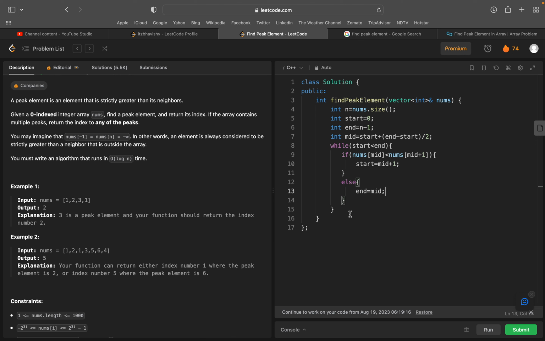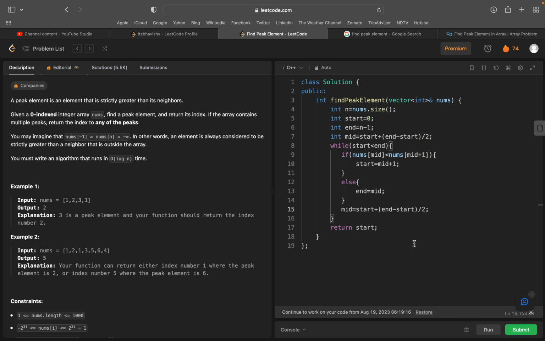So this is our code. Return start. We also have to update the mid inside the loop: mid equals start plus (end minus start) divided by 2.